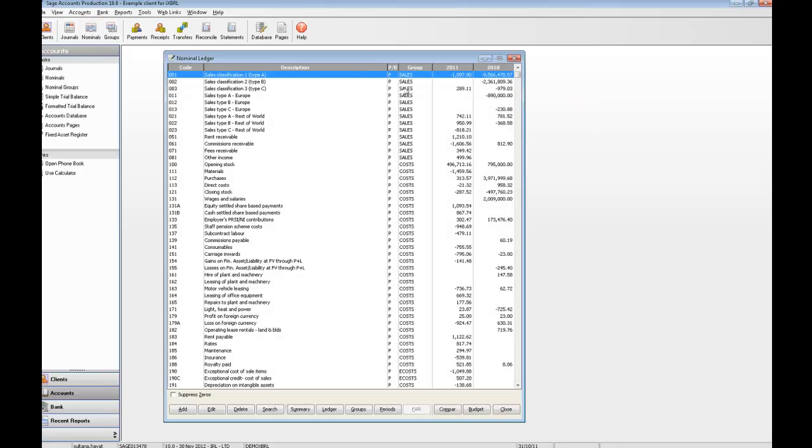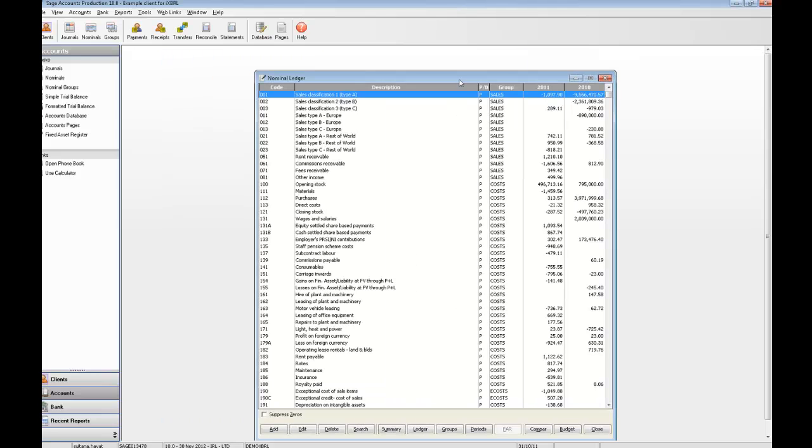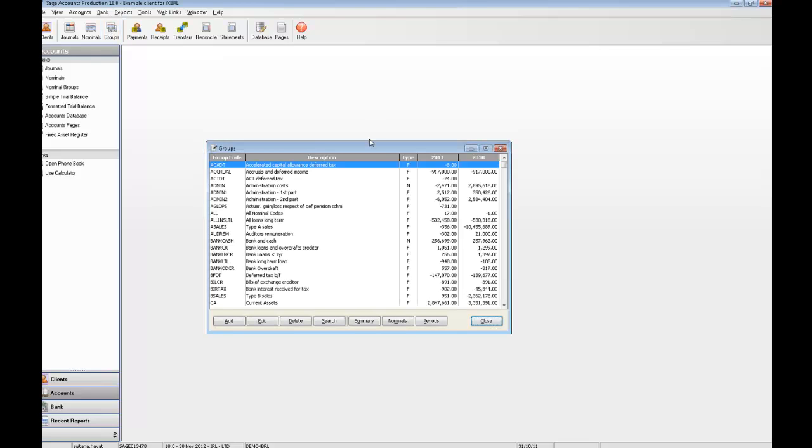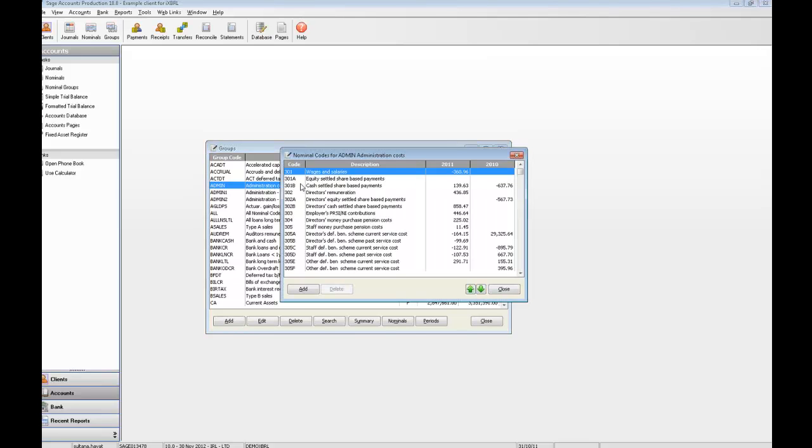I would then be able to check my nominals, so I can see all my postings for the current and previous year against a particular client chart of accounts. And I can also check my groups. So within Sage Accounts Production, you have individual groups that are set up, and they form part of nominal accounts. So if I double click into admin, for example, these are all the codes that I've posted to that are related